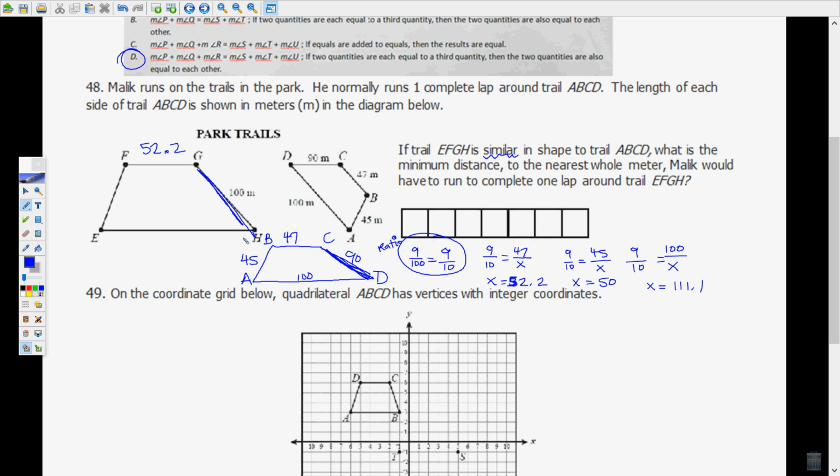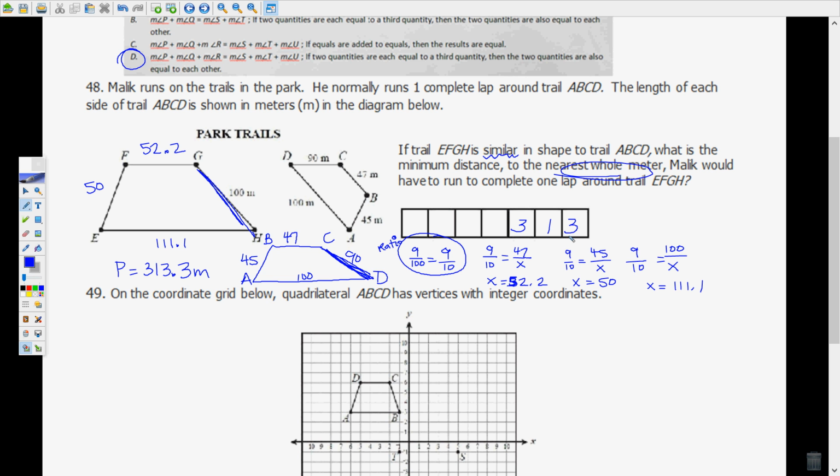We know that GH is 100. EH is 111.1. And EF is 50. And I'll add those together, and the perimeter would be 313.3 meters around that largest track to complete one lap around. And it says to the nearest whole meter. So I will put